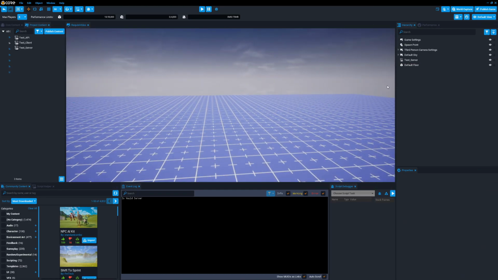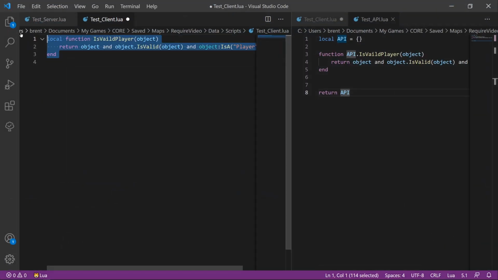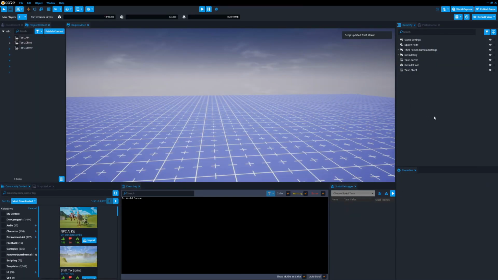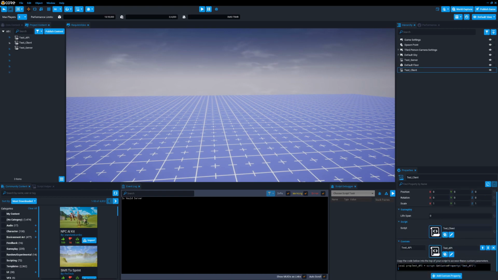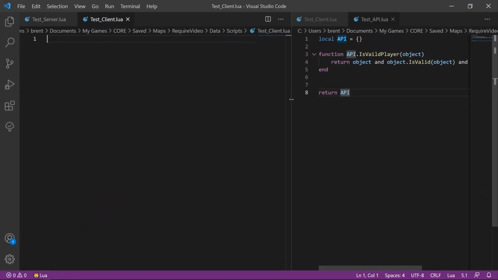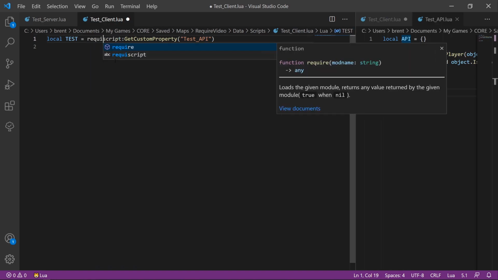So now the same thing is true if we wanted to do this on client. So instead of having this, we would once again drag our test API in, grab our custom property, and put it up at the top here. And by the way, in this script, it can be named whatever you want. It doesn't have to be named API. And so as an example, we can name it test. And so the difference is, just to show you,